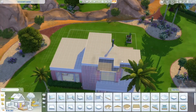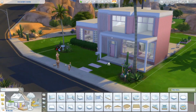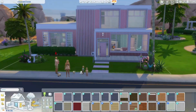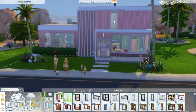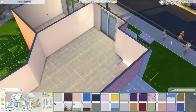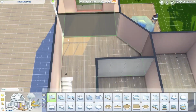And then we also gave them an ensuite, which I realized after I was totally done building it that I did not give a bathroom downstairs for everybody. The only downstairs bathroom now is going to be Ken and Barbie's bathroom. But the more I thought about it, I don't think that really matters, and I didn't want to change it anymore. So I'm just going to leave it, and the kids can go into Ken and Barbie's bathroom if they want to,